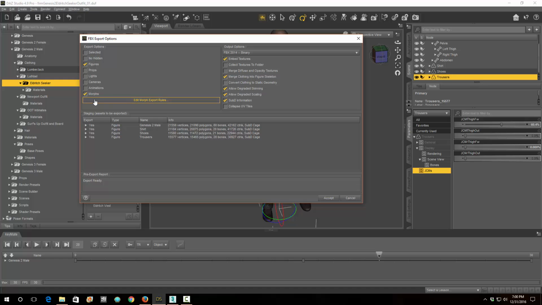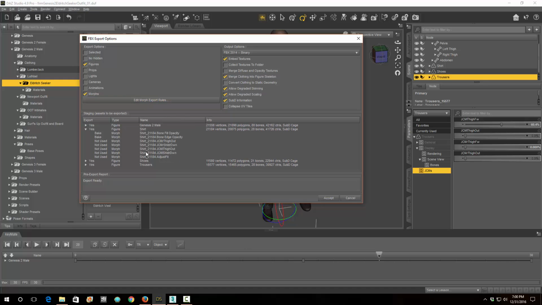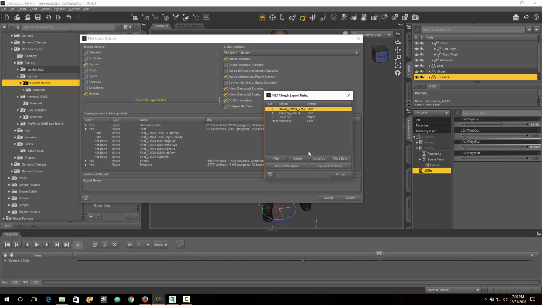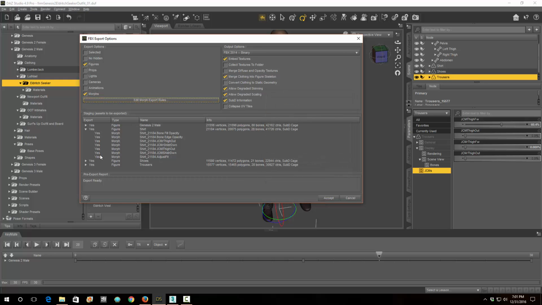Now, just so you know too, if you're going to export morphs, like say for example the shirt has some morphs in it that are not used, but I want to export them, what you've got to do is change the export rules, and you've got to make sure this number is there. So watch. Now this is from something I had before. I'll just delete this one here. I've got to type in shirt underscore 21184, and that's it. And then if I click export and then I accept, all these not used will go to yes. Okay, so it will export those,